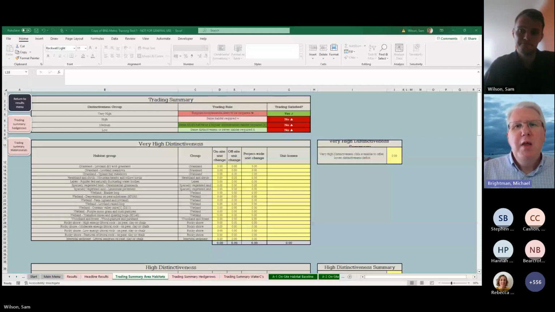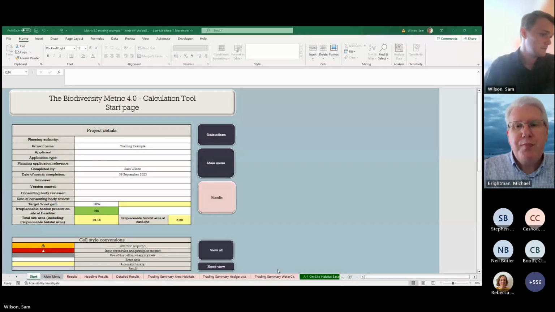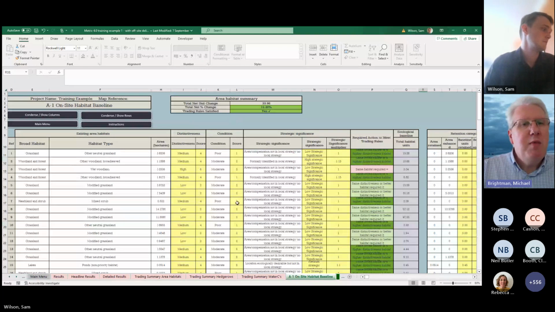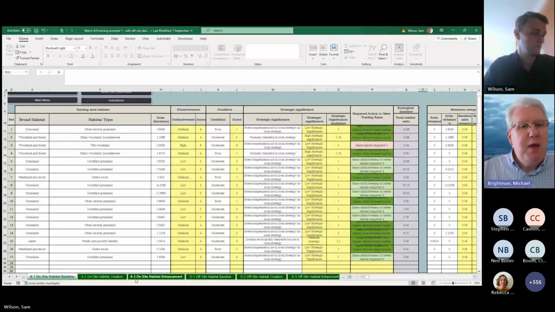Okay. So remember, you'll get a copy of this metric, and you can play around with it as Sam and I have as well. And you'll also get a copy of this second metric that we're going to show you now. This second metric has the same baseline. If we go to A1 on-site habitat baseline, you'll see that it's the same 17 habitat parcels. But this one has the on-site interventions and the off-site interventions, and therefore when we skip to headline results,